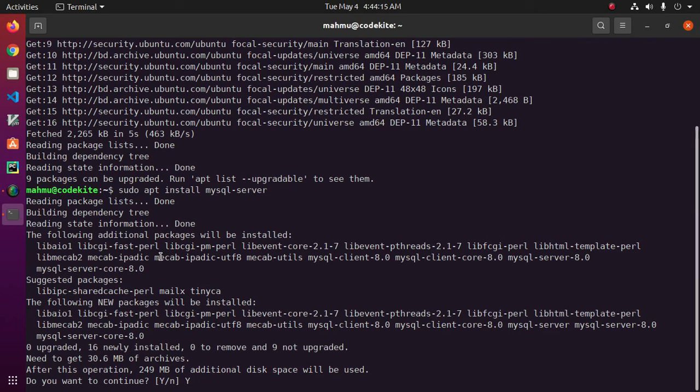and by this command these are the MySQL server package will be installed in your system: MySQL client and MySQL server. Now this is the latest version of MySQL is 8.0. Okay, now hit enter